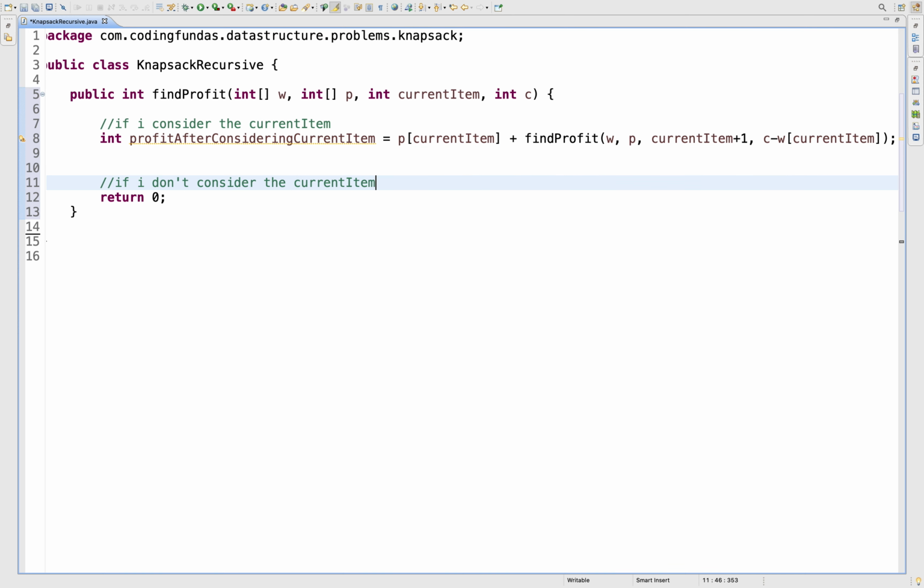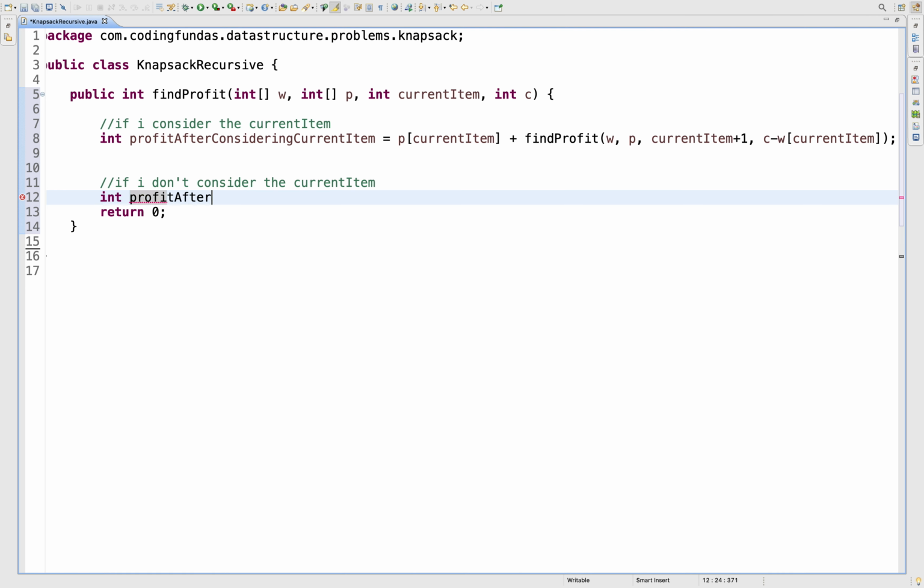Now if I don't consider this item, then my profit will be the profit after ignoring the current item. Because I have ignored the current item, it will not add any profit to the current profit.